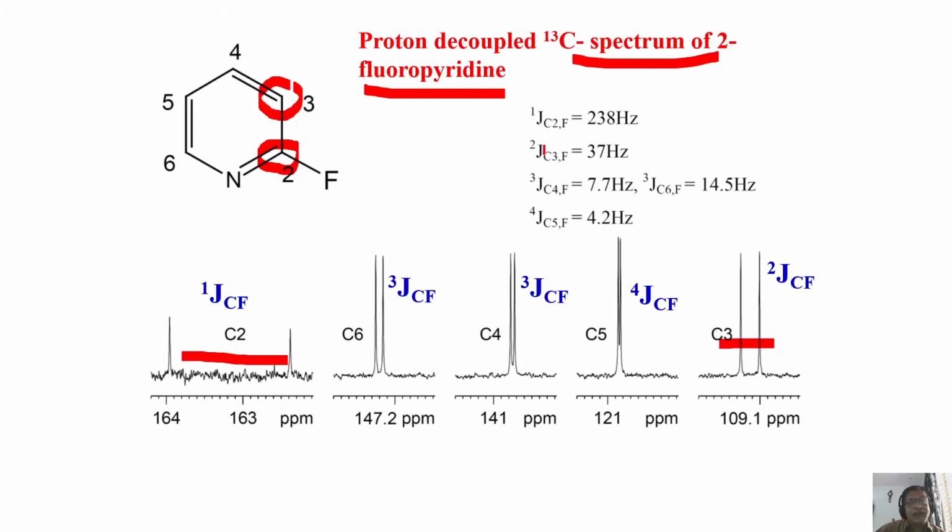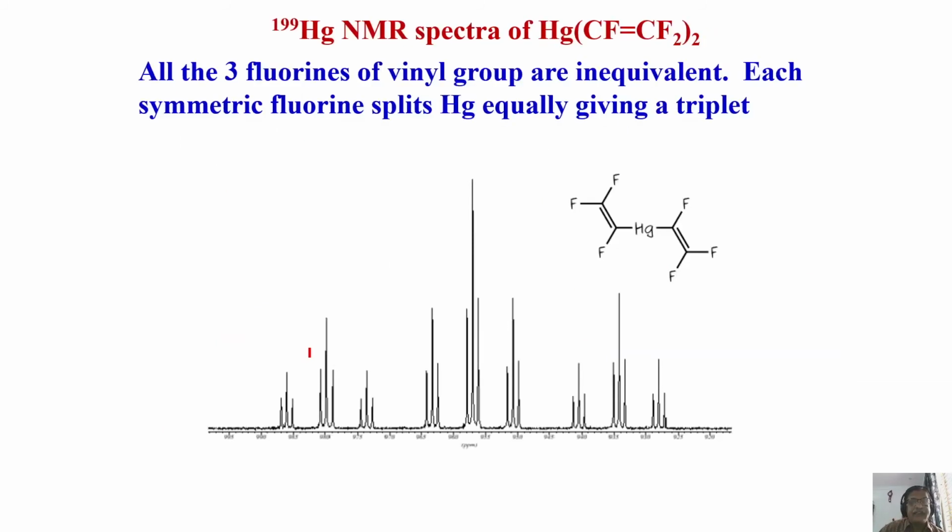Here, the protons are completely decoupled. So the 3 bond coupling of this, you observe 2 bond. Lastly, if you take this one, 1, 2, 3, 4 bond coupling, very weak. See, this has to be carbon 5. So depending upon the coupling strength, you can make the assignments.